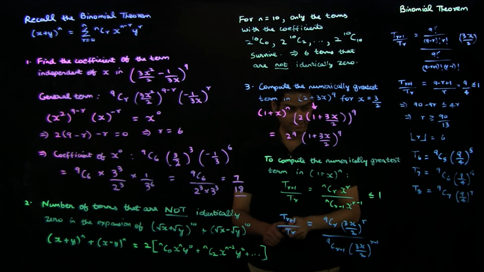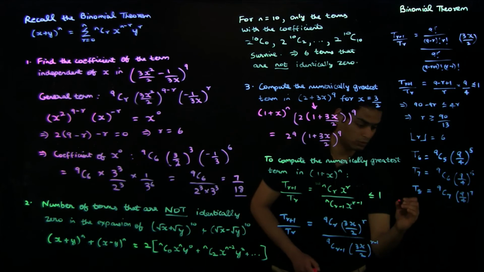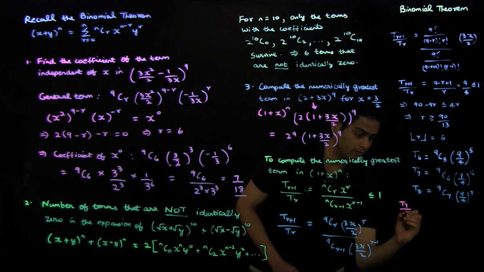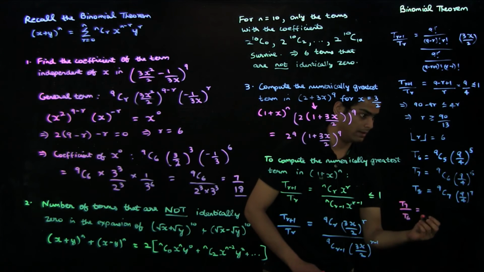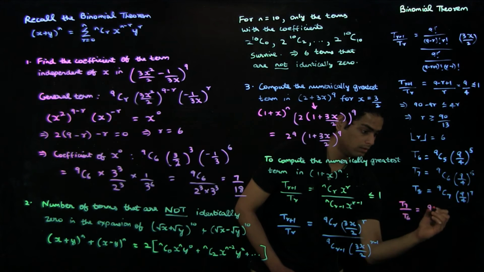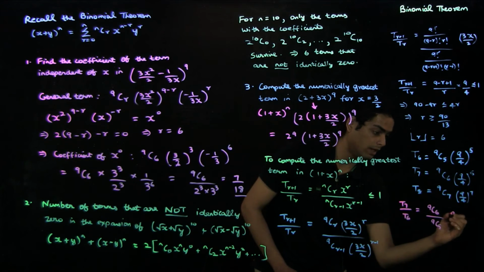So to check the relative values of these three terms, notice that T7 over T6 is nothing but 9C6 over 9C5 times 9 by 4,